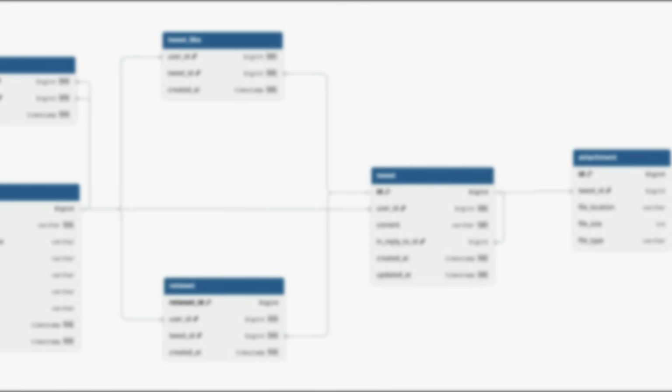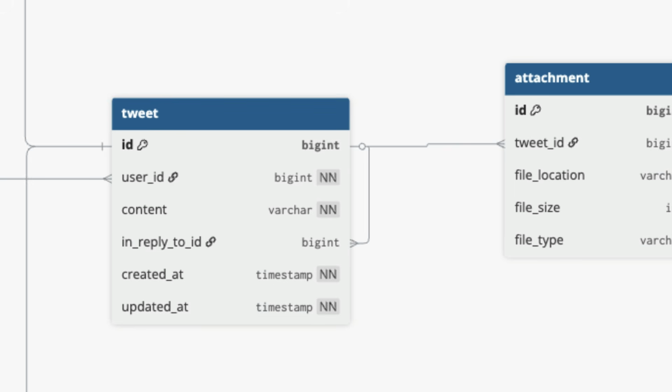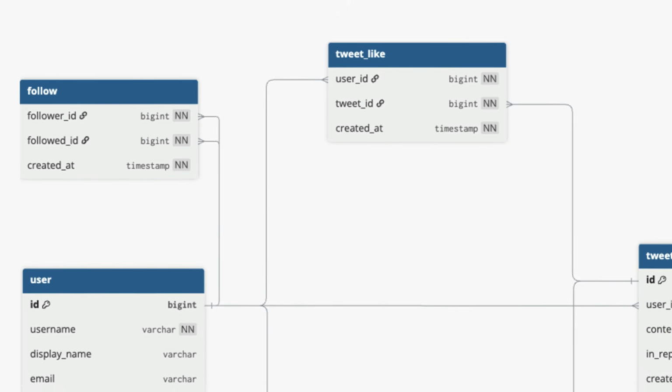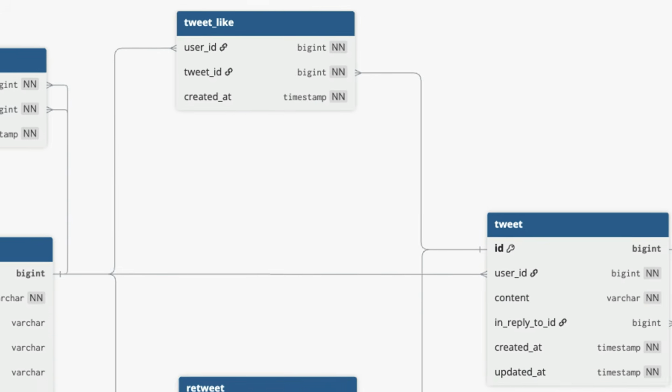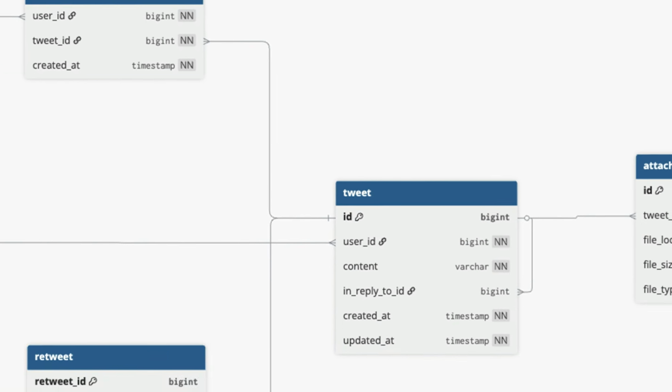This is a simplified version of a Twitter or X database with users, tweets, likes, replies, and most people design it wrong. X handles millions of posts every day, and a big part of it comes down to how these tables relate to each other. I'll walk you through this ERD step by step so you can see exactly how a system like Twitter or